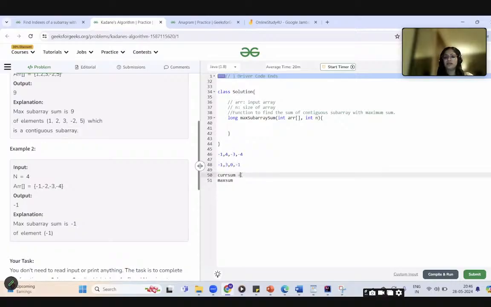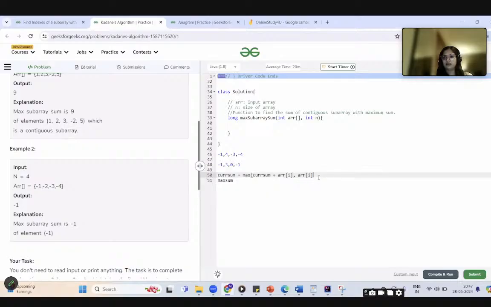So in current sum, when we are doing current sum plus this element, say it's num, or we can take it as array of I, that will be more clear to you. If we are doing this, then the sum will become 3 here, right? But I need to update it as 4 only, because that will be the maximum sum, not 3, if I just take 4 as a subarray. So I will take the maximum of these two values,